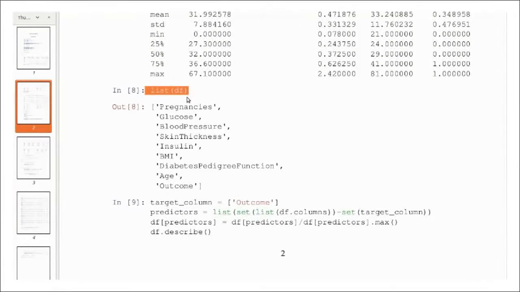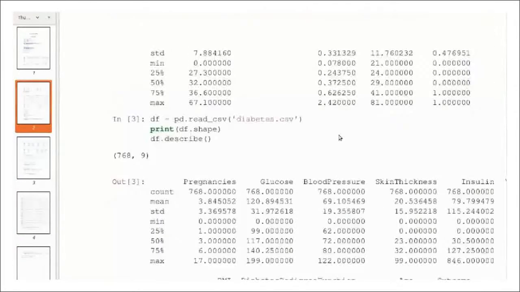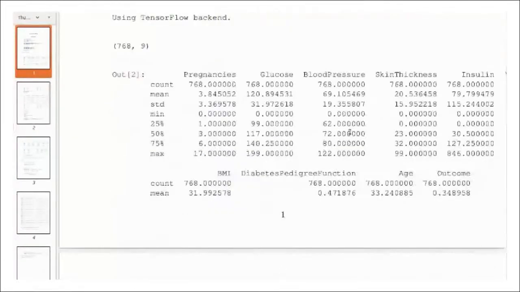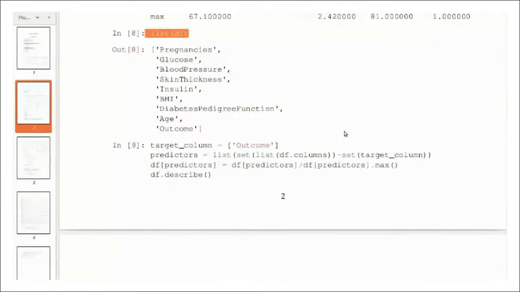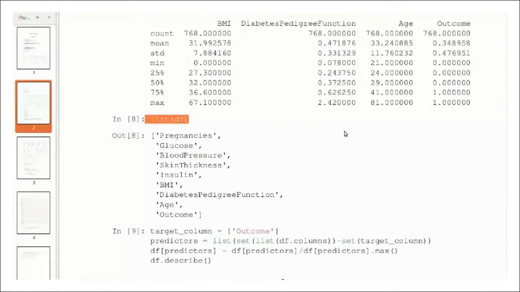We subtract the two sets, and we take the predictors and normalize them by the maximum value. If you print the first few rows of the data set, you can see there are huge differences between the values belonging to different ranges. So in order to normalize the values, you can apply some normalization technique. Here we use a simple technique. We just divide by the maximum value, or you can use min-max normalization or logarithmic normalization. That depends on the data, but here we are simply dividing by the maximum value.